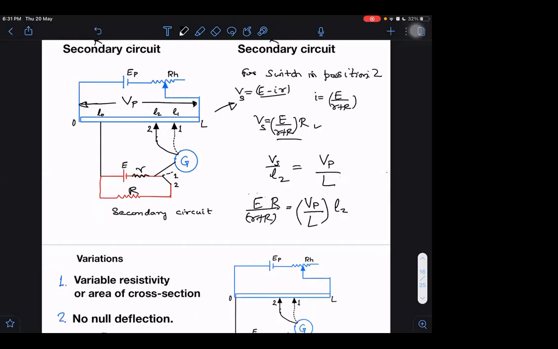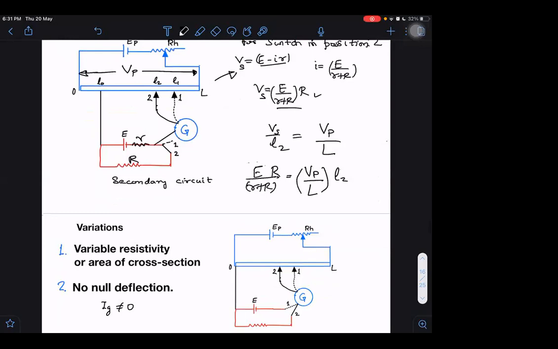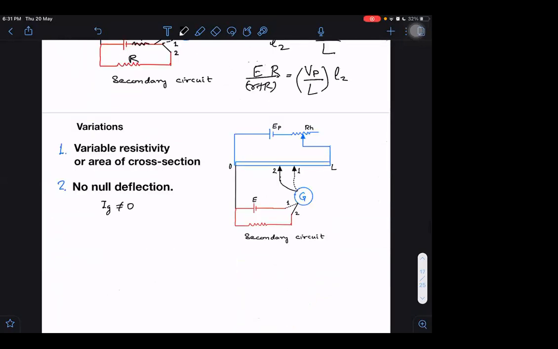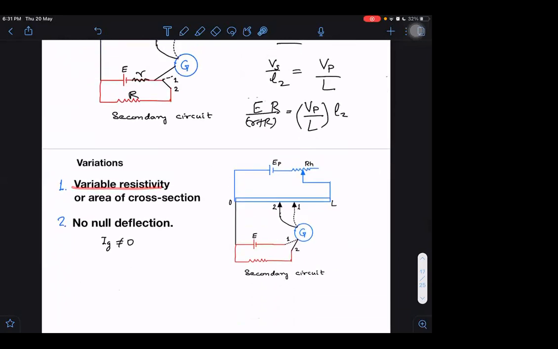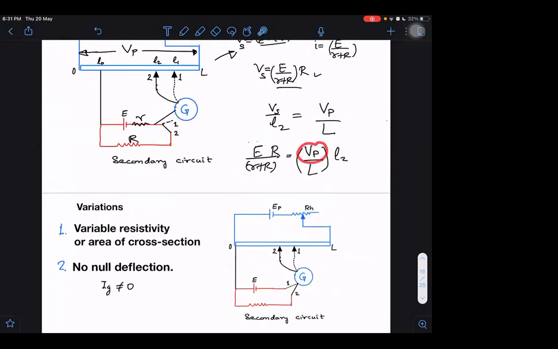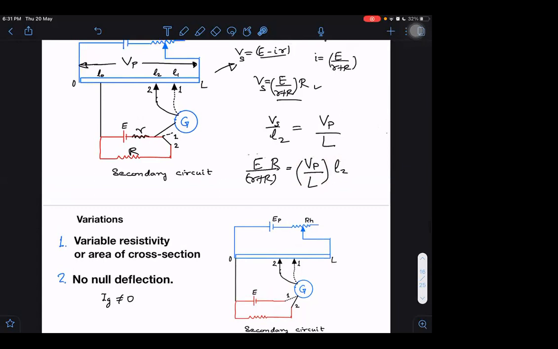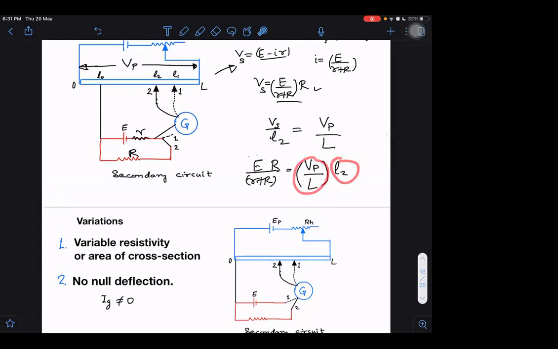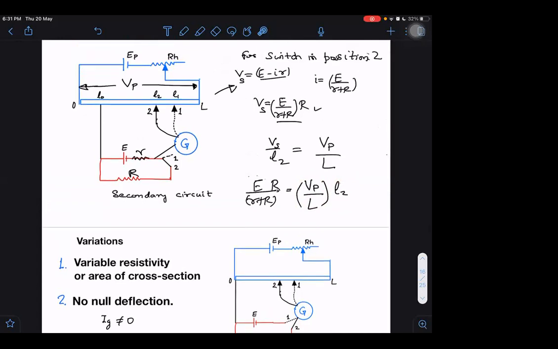Right. Next, we have variable resistance. Okay, this is a different thing. Here I'm giving a modification. What modifications can we do in the circuit? But before modifications, you understood this part, right? What is the purpose of writing this equation? The purpose is to know the Vp value exactly. I know the L value exactly. I know the L2 value exactly. And if I know these values, I can get the value of E, which we wanted to obtain.